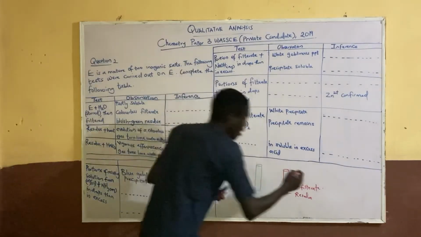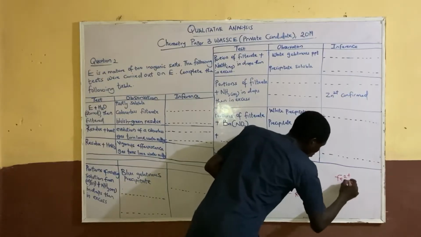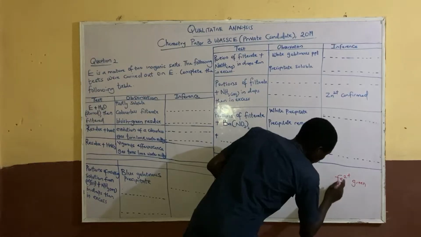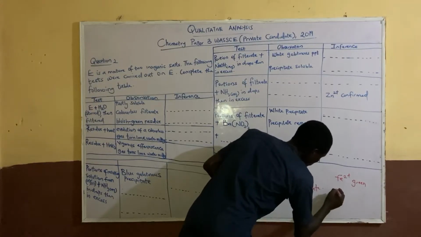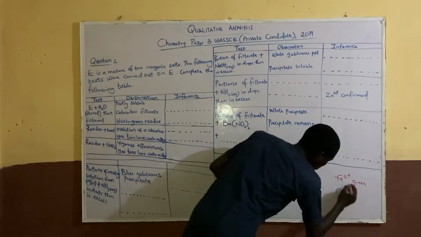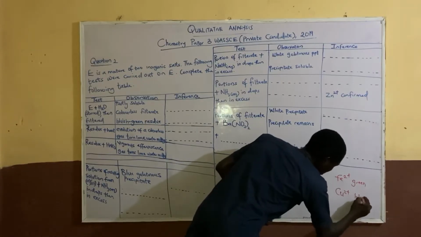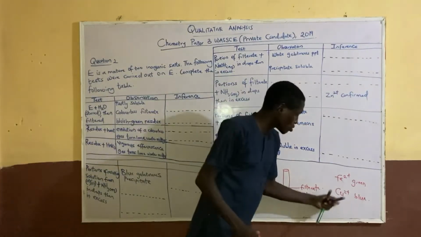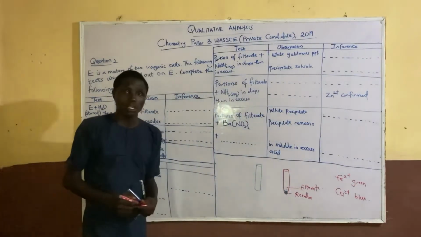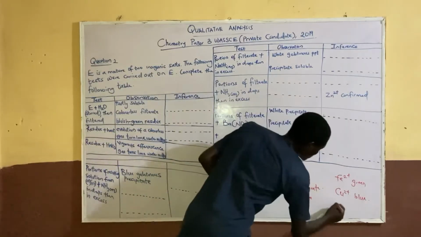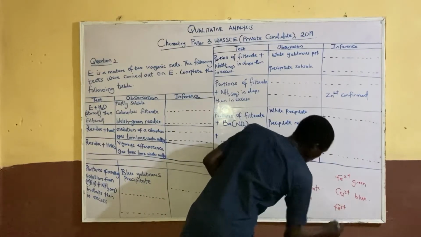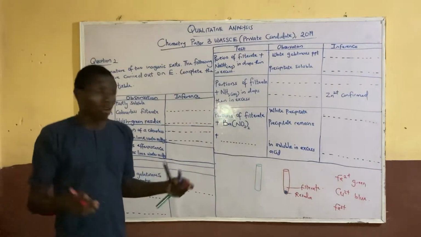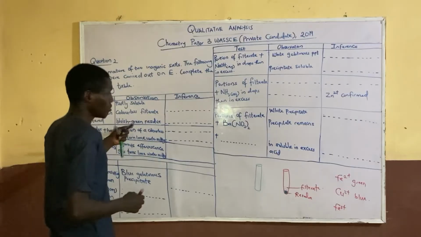Now, iron 2+ is green, while copper 2+ is blue. So there is a tendency that this bluish green contains either copper 2+ or iron 2+, because iron 3+ is brown, something dirty brown. So iron 2+ is green in color. So now you can easily write here